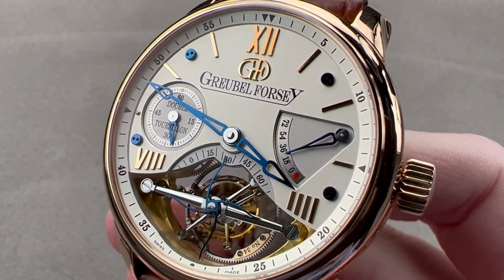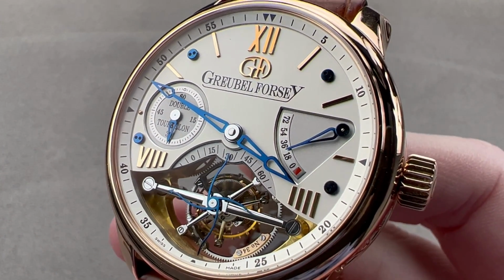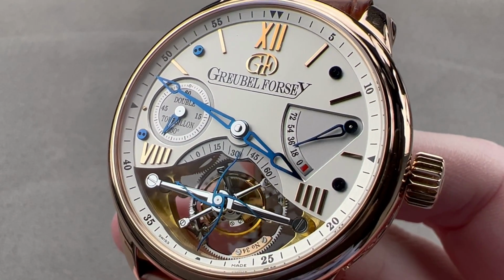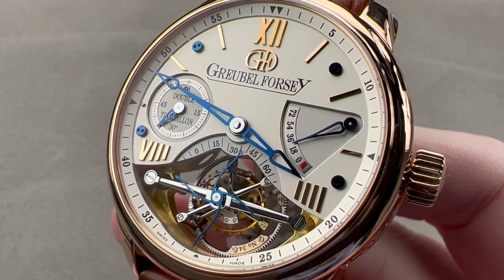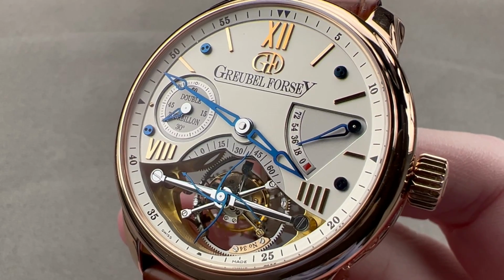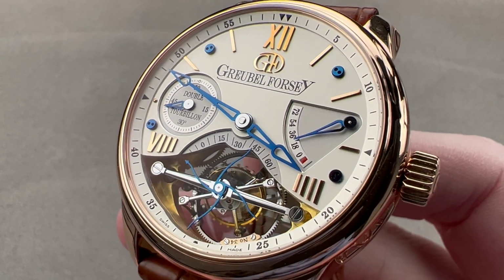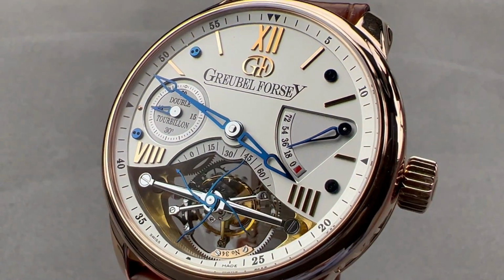Today, we're discussing one of the most significant models from one of the most significant modern independent brands. This is the Greubel Forsey Double Tourbillon 30 degree. Launched in 2004, it was the first product launched by Robert Greubel and Stephen Forsey under their own names. It was a horological revelation and a revolution all at once, a timepiece that was daring in ways few had